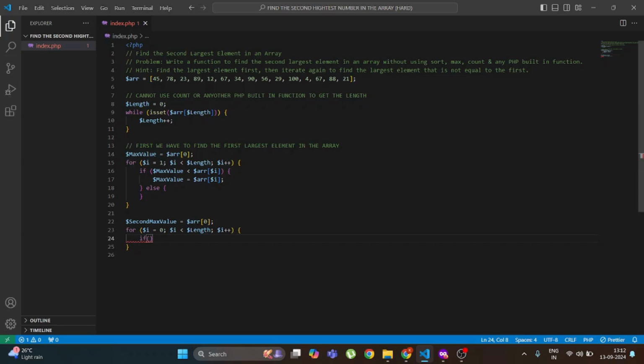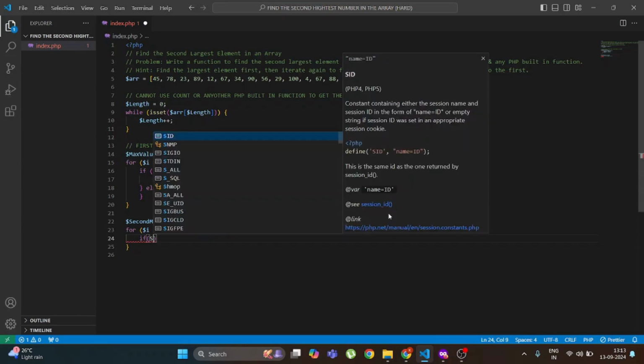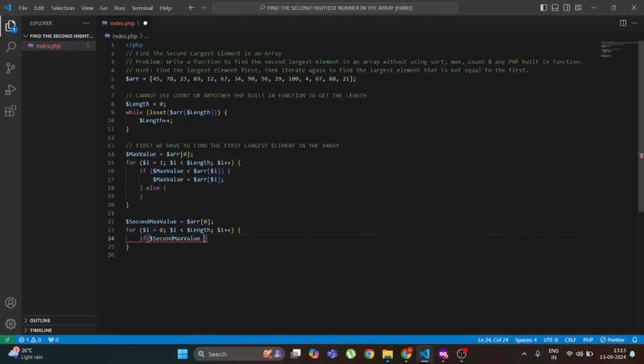with all other elements. Here, we have taken the second max value as the first element of the array, and we are going to compare it with all the other elements. How are we going to do that? To do that, we are going to check if $second_max_value is smaller than $array[$i],